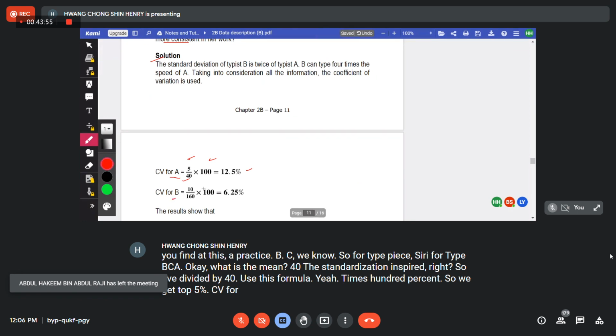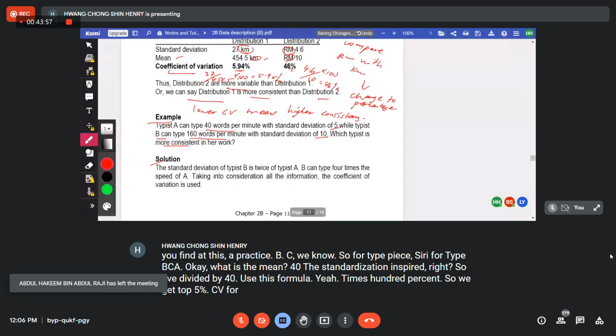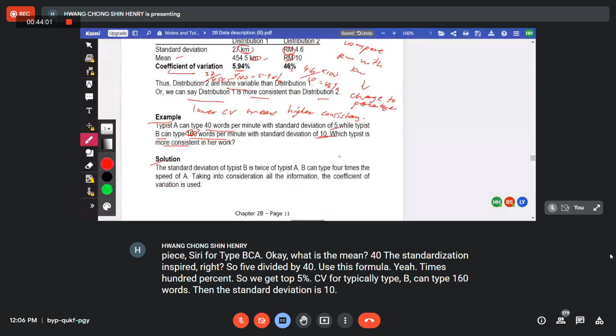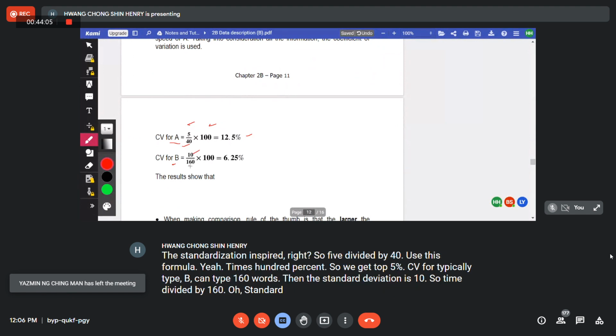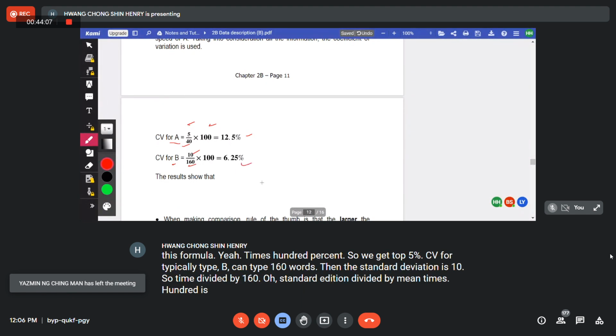CV for typist B. Typist B can type 160 words, and the standard deviation is 10. So 10 divided by 160. Standard deviation divided by mean times 100 is 6.25%. Correct enough? So the result shows that